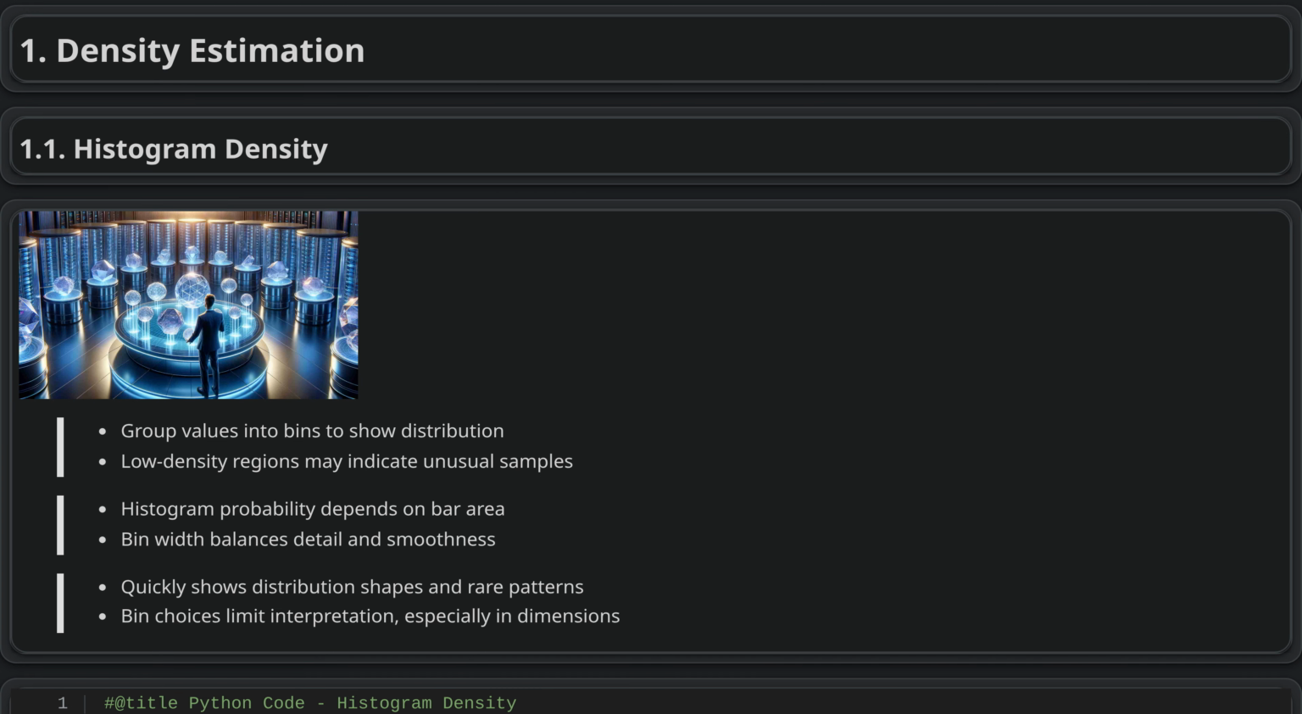Density estimation. Histogram density. Histogram density estimation shows how data values are distributed by grouping them into bins and scaling the bars to reflect relative concentration. It helps reveal patterns such as clusters, symmetry, skewness, and rare values. In a hospital, for example, it can summarize patient waiting times and highlight unusually short or long delays that may